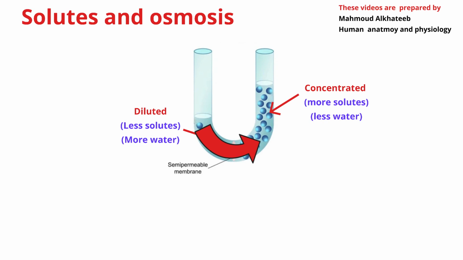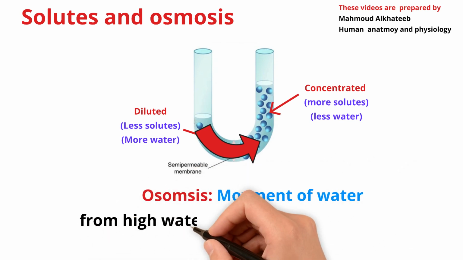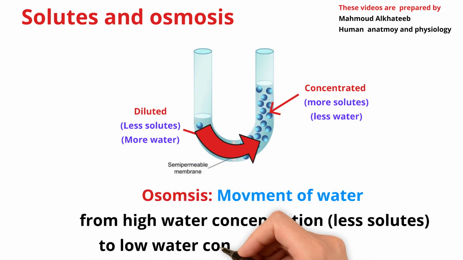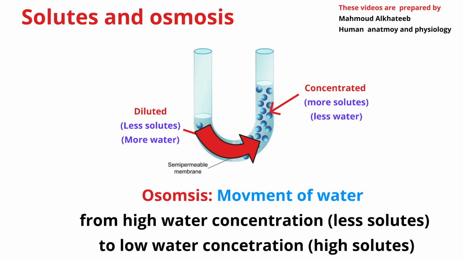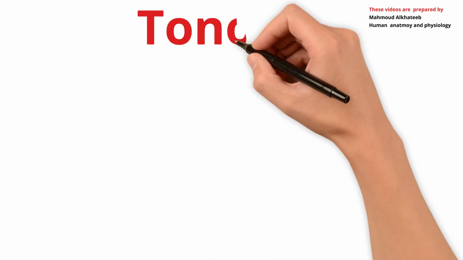Therefore, we conclude that osmosis is driven by the concentration gradient of solutes, meaning water naturally flows from areas of low solute concentration to areas with a higher concentration of solutes, such as salts or proteins, in order to balance concentrations on both sides of the membrane. From our previous discussion and the relationship between solute concentration and water movement, we conclude that movement of water or osmosis is determined by tonicity.